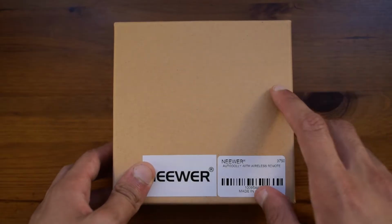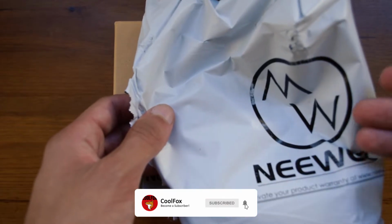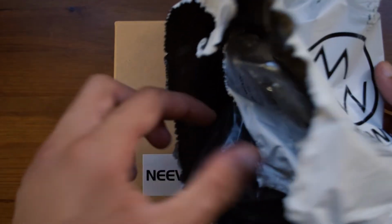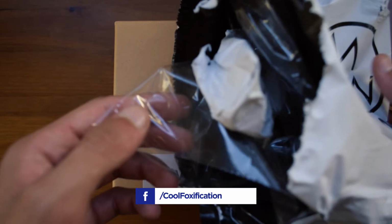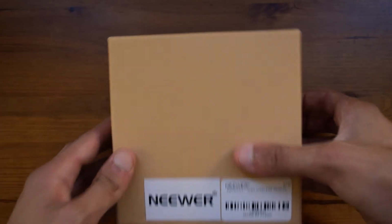So starting off with the unboxing, as you can see, it is a pretty plain box, but it was wrapped inside this Neewer packaging, so obviously once this is off you will find a piece of plastic again over the package itself, and then you will get to the cardboard package. As you can see, there is nothing written on any of the sides, so all you need to do